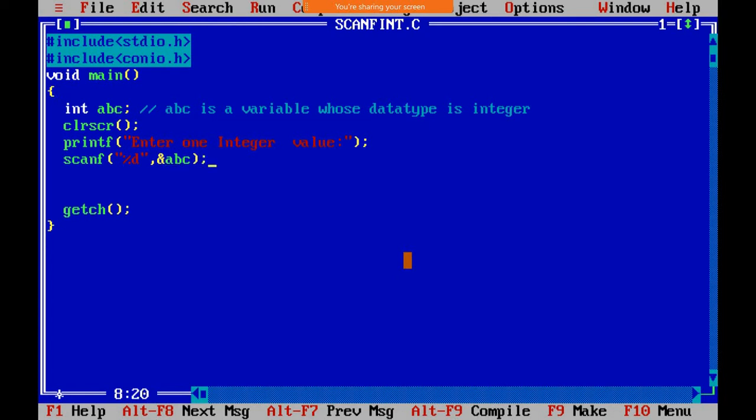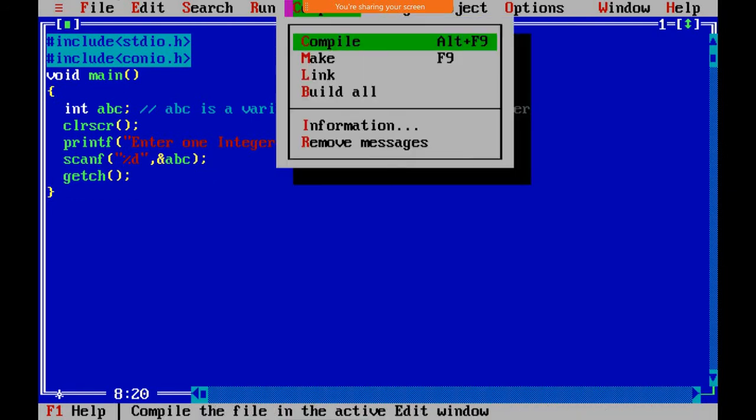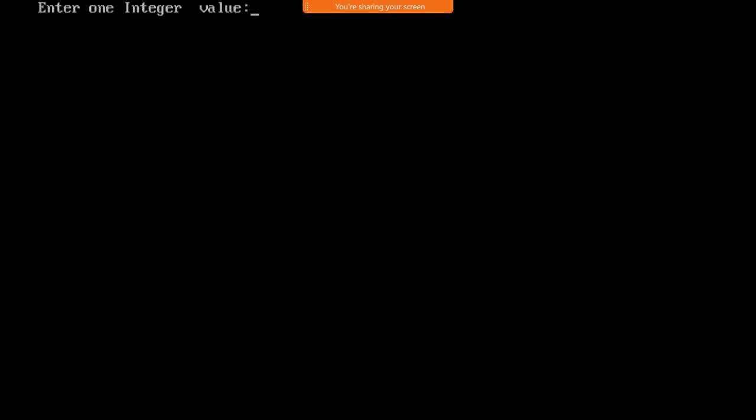So semicolon. Now check out, compile it. We don't have any warning. We don't have any error. Just try to execute that. Enter one integer value. Here I will use 10. See. Earlier, whenever we entered the value, the program would go to the programming window, हमारा program जाता था. In that section, right now, whenever we enter the integer value or decimal value, program अभी भी still console